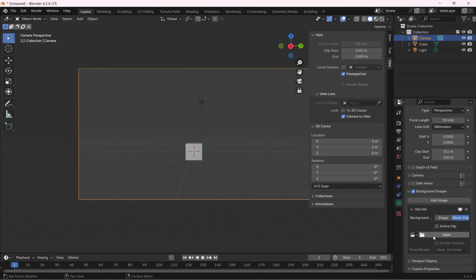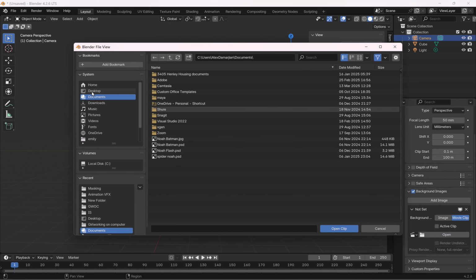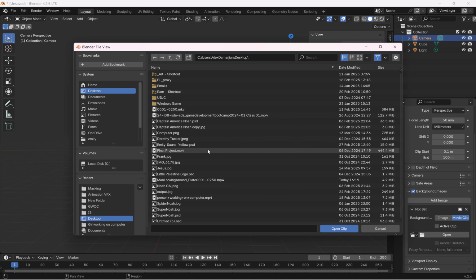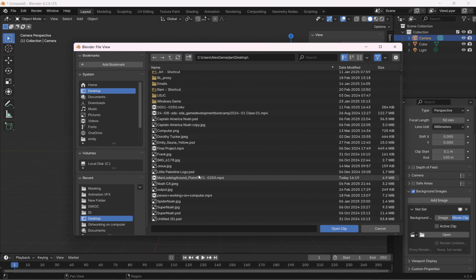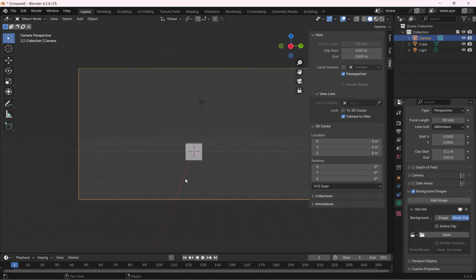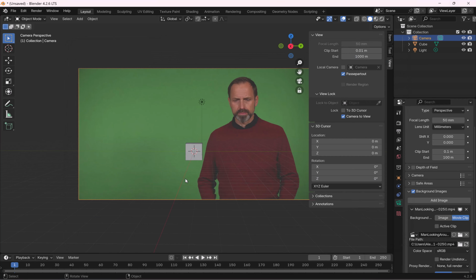And then you want to hit open. And I'm just going to navigate to my desktop. You guys really should put this in a folder with all of your project files. And now you can see it's popped into our scene. All right, now,